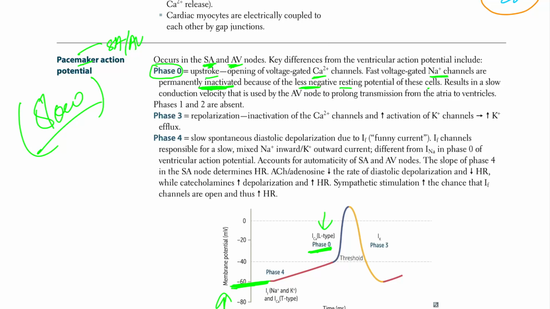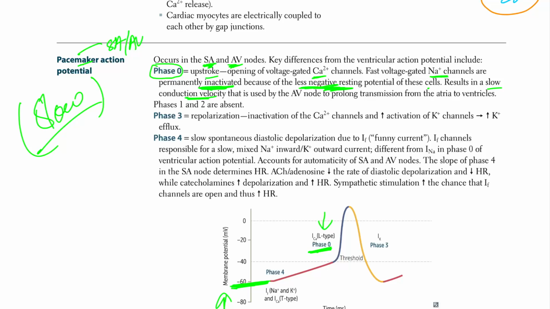Because of the less negative resting membrane potential, this results in slow conduction velocity that is used by the AV node to prolong the transmission from the atria to the ventricles. So what's the benefit of that? The benefit is that you will have a slow conducting velocity, meaning if you look at the time per second,